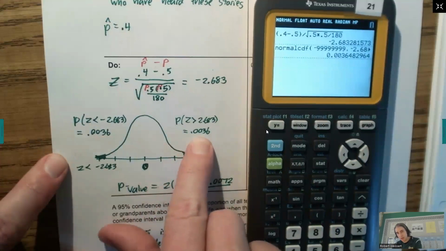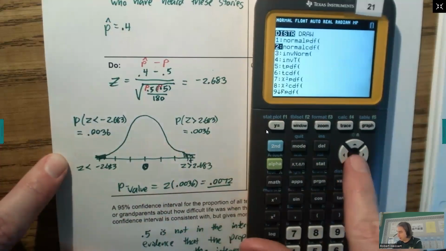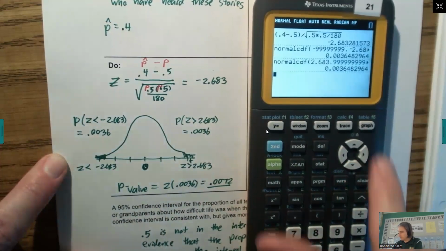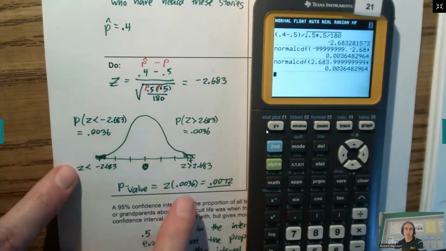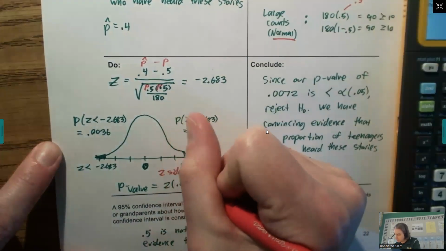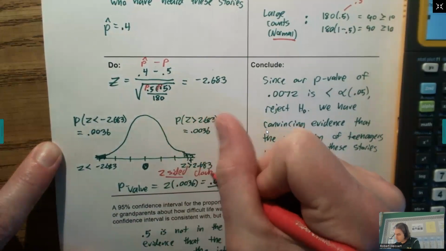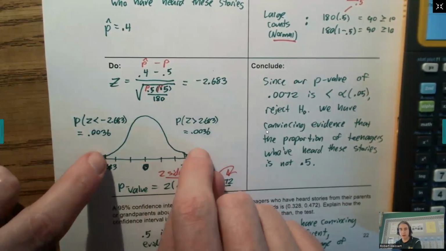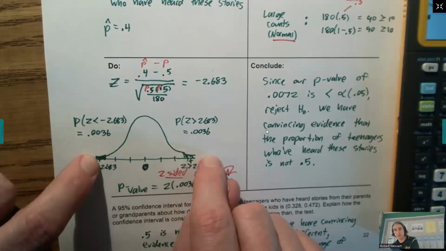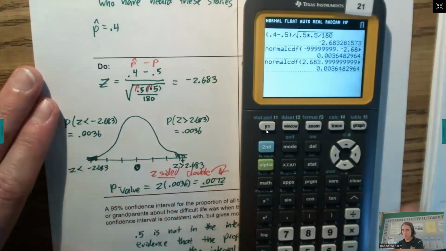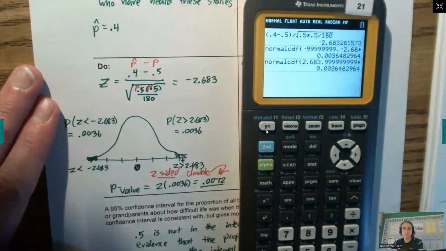Well, on the other side of that graph, if I use positive 2.683 to infinity, I'm still going to get 0.0036. So you could just simply double that. Anytime it's a two-sided test, you're going to double to get your p-value, okay? So the probability of getting a value as extreme in this direction or as extreme in this direction is the combination of those two. Now, if you don't want to do all that work, and you don't need to include this, by the way,